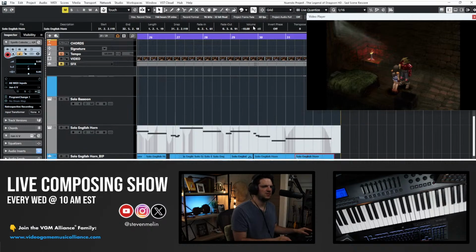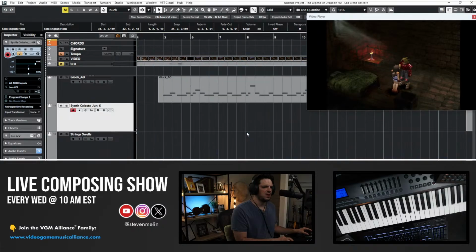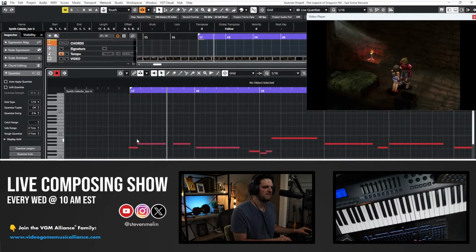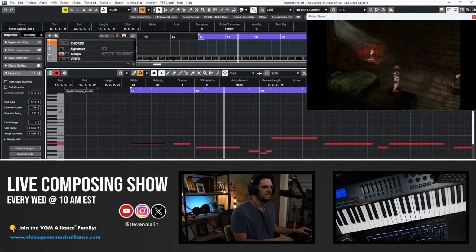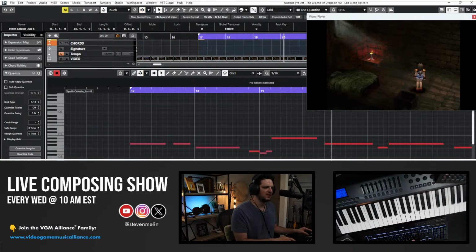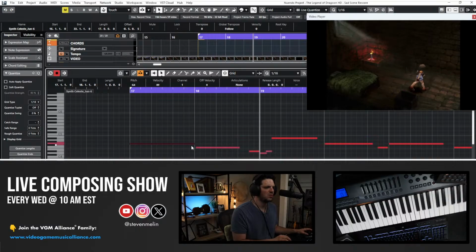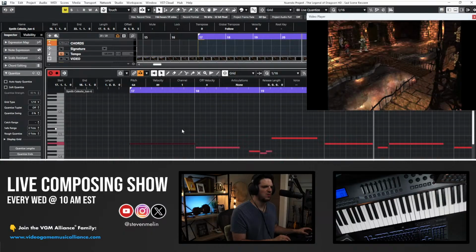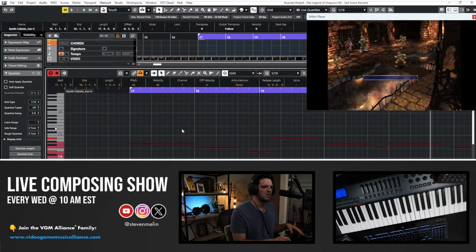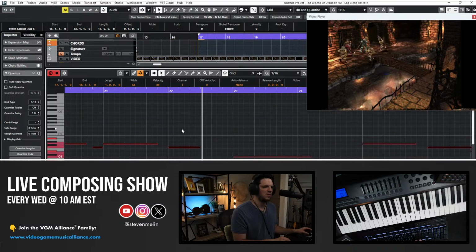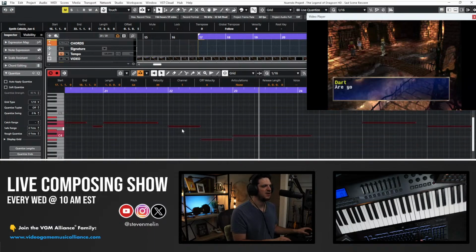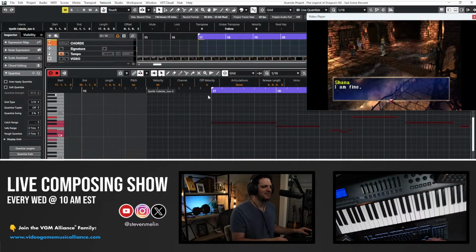Okay. Gosh, this English horn still is just bugging me. I actually like that vibrato. It's pretty nice. It's very moody.